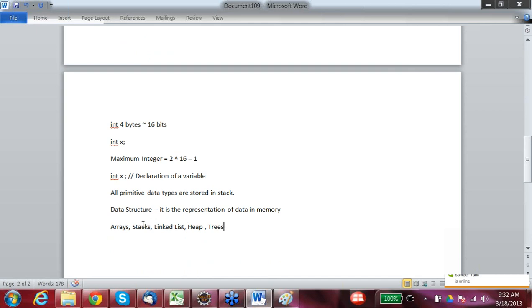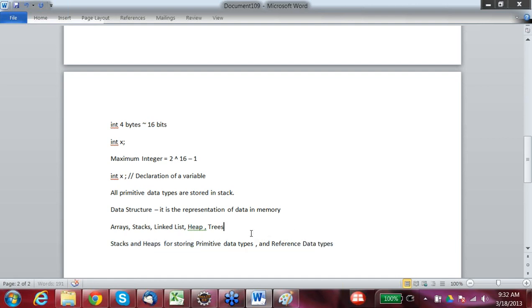Java uses stacks and heaps for storing primitive data types and reference data types.